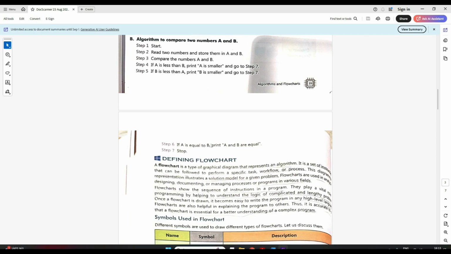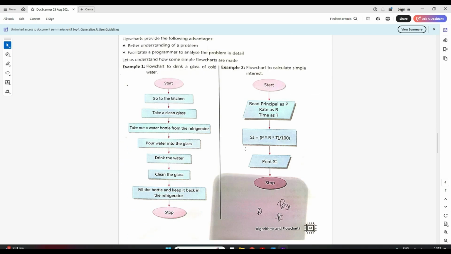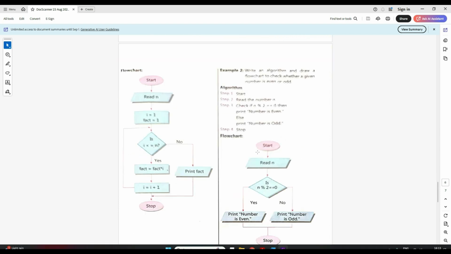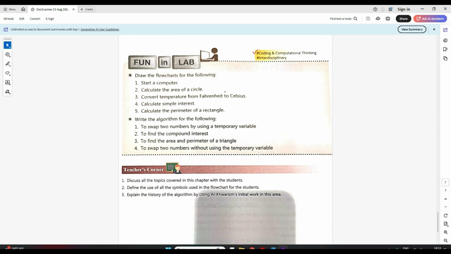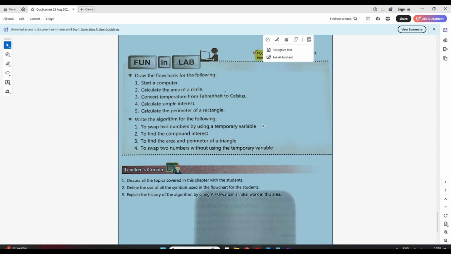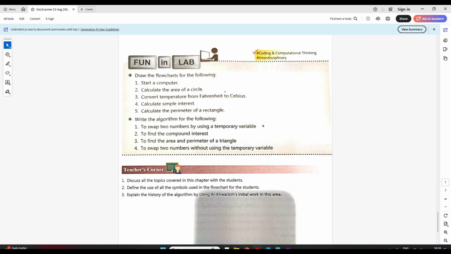Okay, clear? Now before moving to flowchart, let's try to solve some more examples of algorithm. So let's see if we have any questions. Okay, so see here I have to swap two numbers using a temporary variable. So what does this question mean basically? If I have a value maybe 5 in a variable A and I have value suppose 9 in variable B, I have to swap these two. Means now A will have 9 and B will have 5.